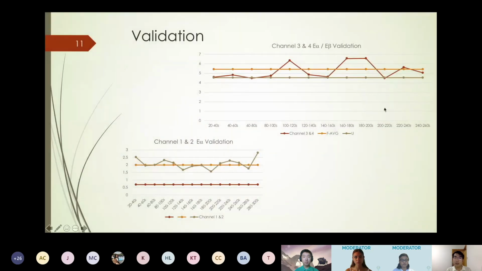And here are 2 sample validation results that we get. Up here is the channel 3 and 4 validation for the ratio between alpha and beta energy. And the line down here shows the unfocused average, and the line up here shows the focused average. And this line is where we get the real-time recording of the EEG data across different times for this particular